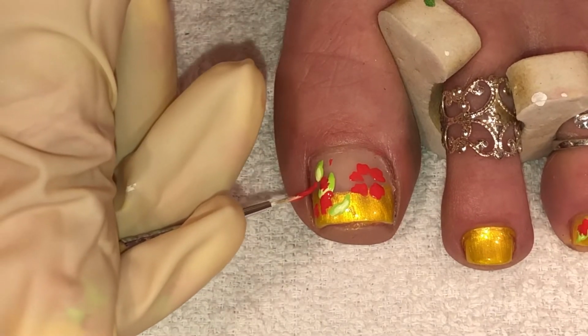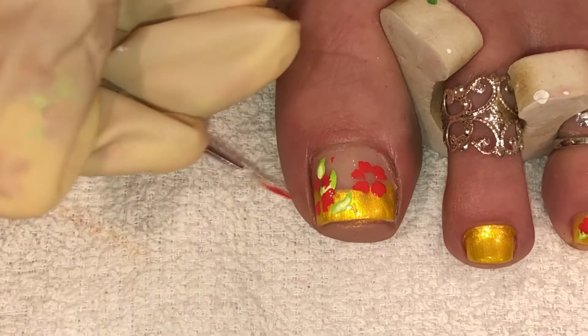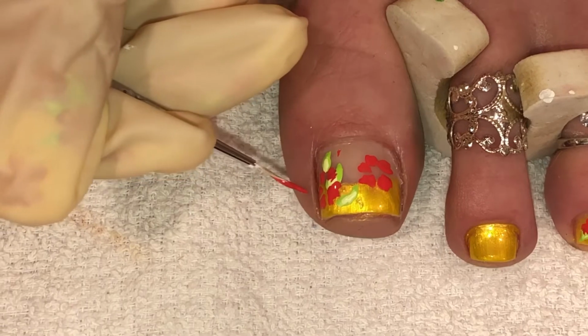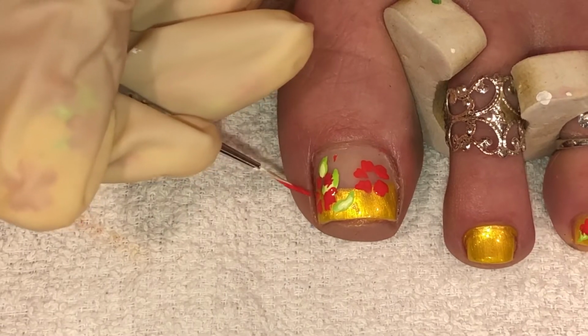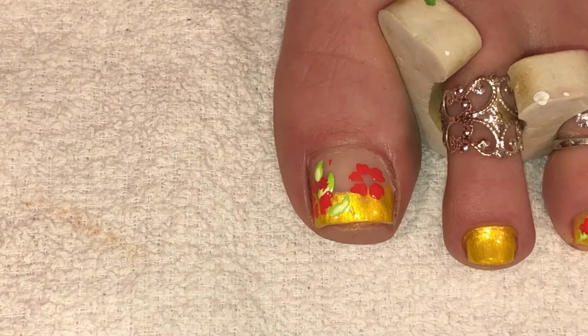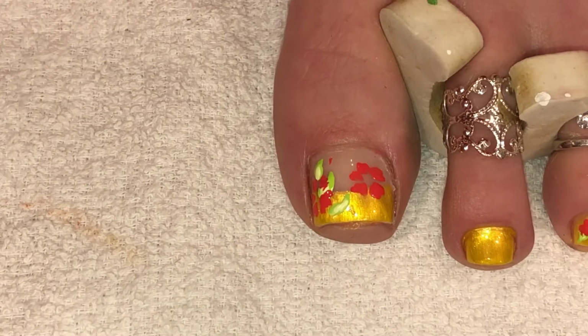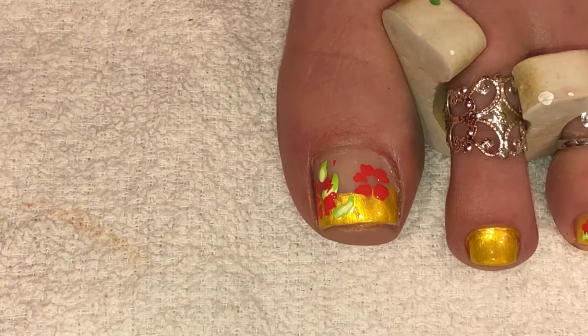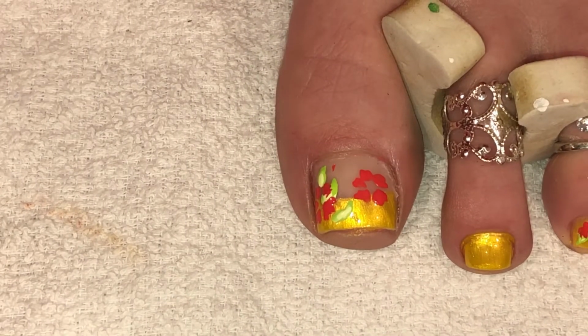Whoops. A petal going here, and one right in there. Probably a little harder to see because it's at the angle there, like that. And then I'm just gonna really quick with a smaller brush here, or can I use this? Maybe I can use this. I'm just gonna